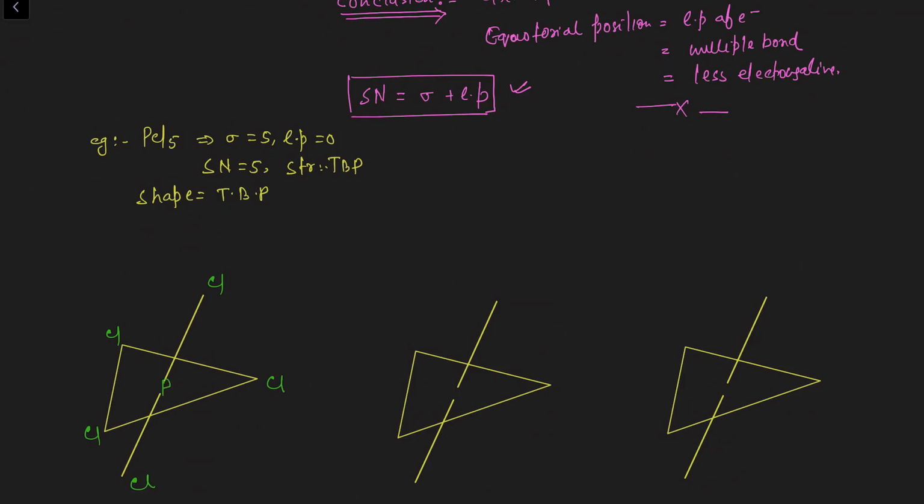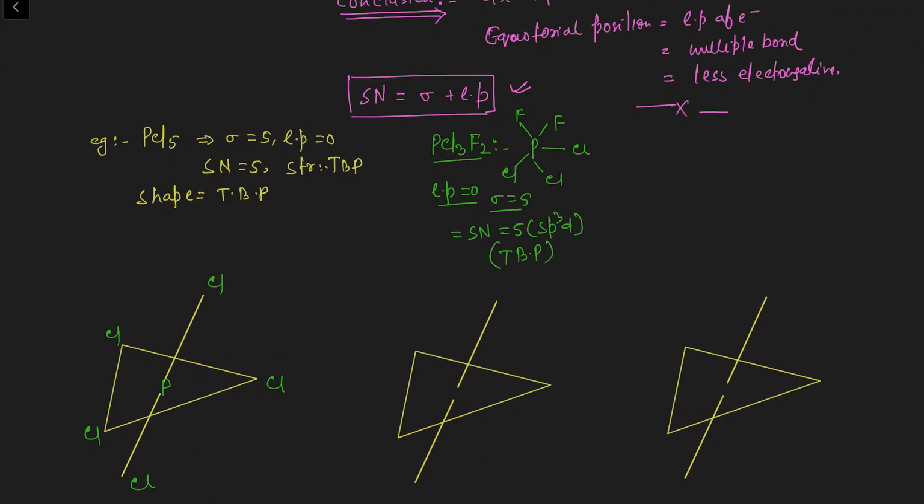Now next, example number 2, PCl3F2. Now check, in this molecule also, if you draw the raw Lewis dot structure, you will find 2 fluorine atoms forming covalent bonds with this phosphorus and 3 chlorine atoms forming covalent bonds with this phosphorus. So the lone pairs of electrons in this molecule are again 0, and sigma bonds are 5, right? So again the steric number will be 5. Hybridization will be sp3d, right? The structure will be trigonal bipyramidal.